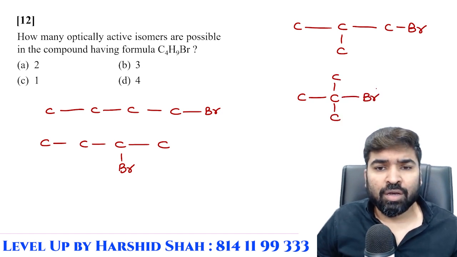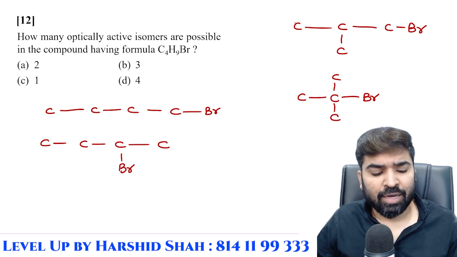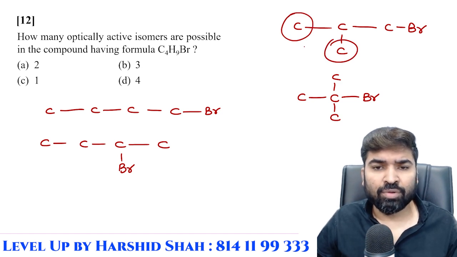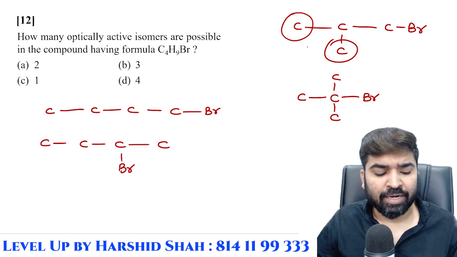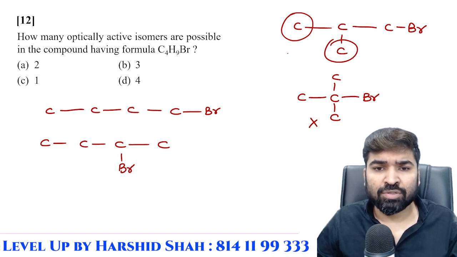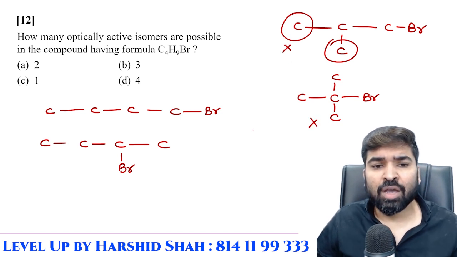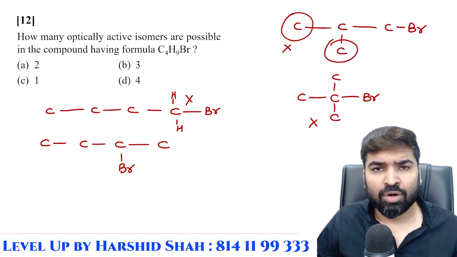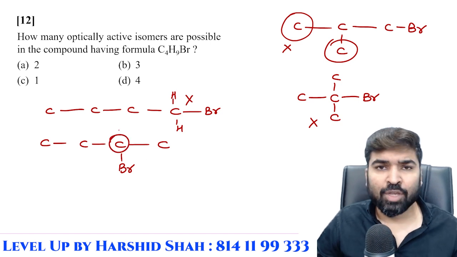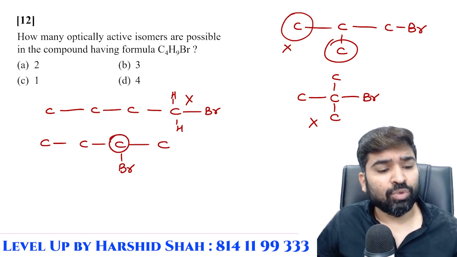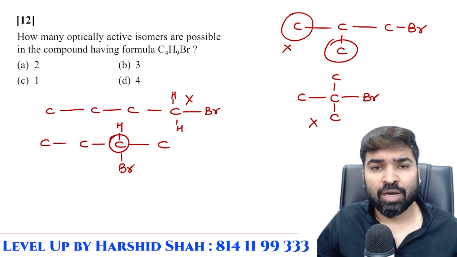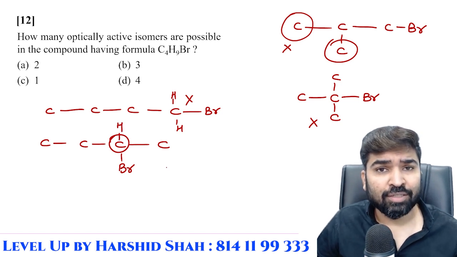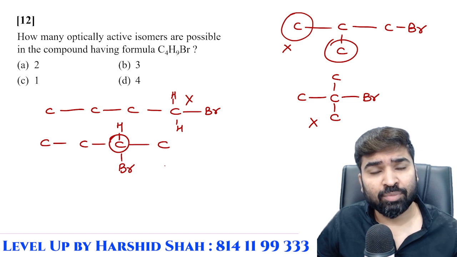As you can see here, there are CH3 groups on the same carbon, so they are not optically active. Again, same one. This one is also not going to be optically active. Here, the 2 hydrogens will not make it optically active. 2-bromobutane is going to have optical activity, because on one side a methyl group is attached and on the other side an ethyl group, one side hydrogen, one side bromine.